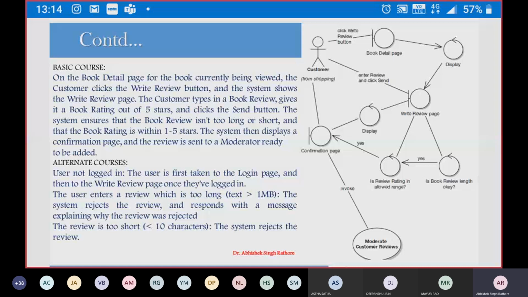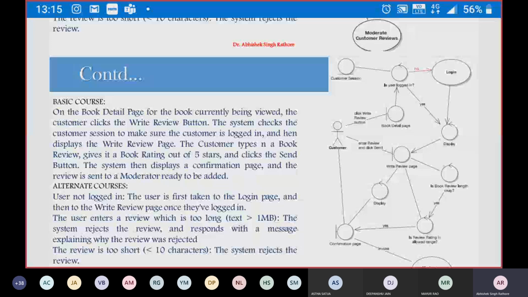We have to check it from the session, whether the user is logged in or not. We will check it in a background process. So we will create some controller classes, and those controller classes check, from the session classes, whether the user is logged in to the system or not.